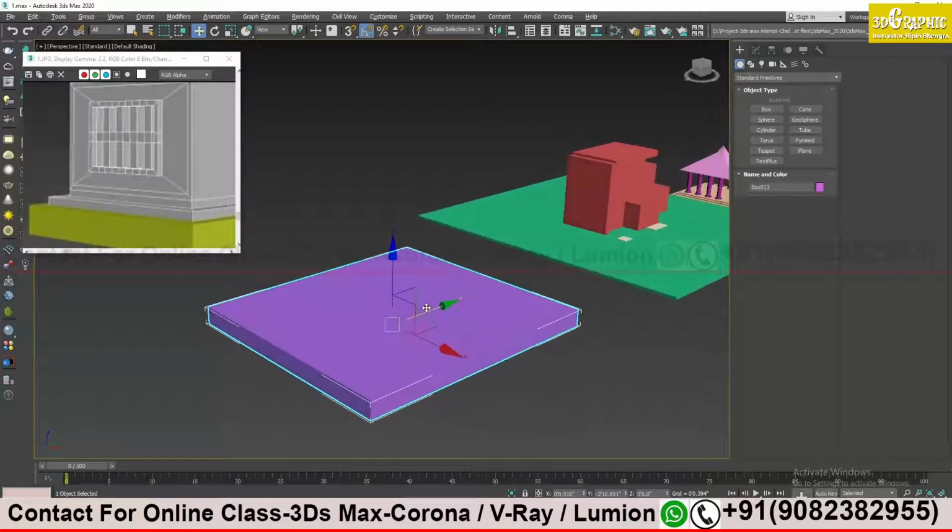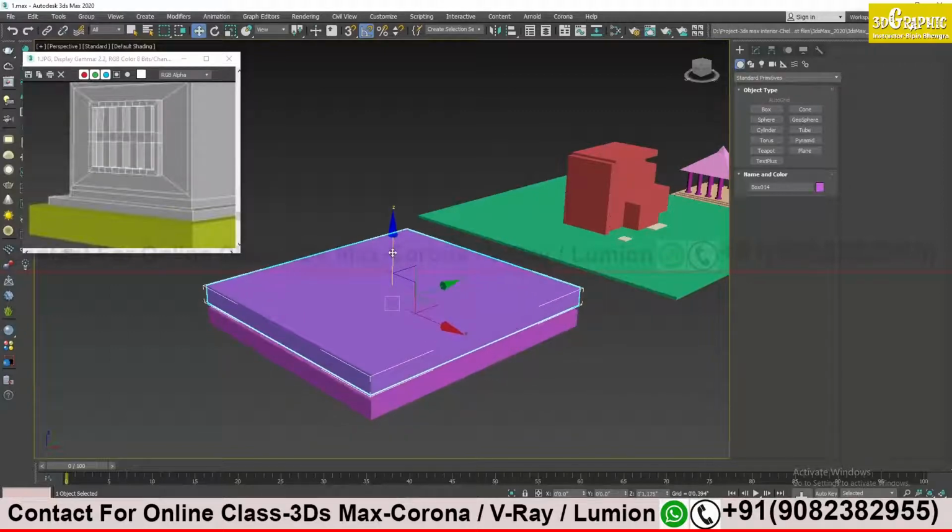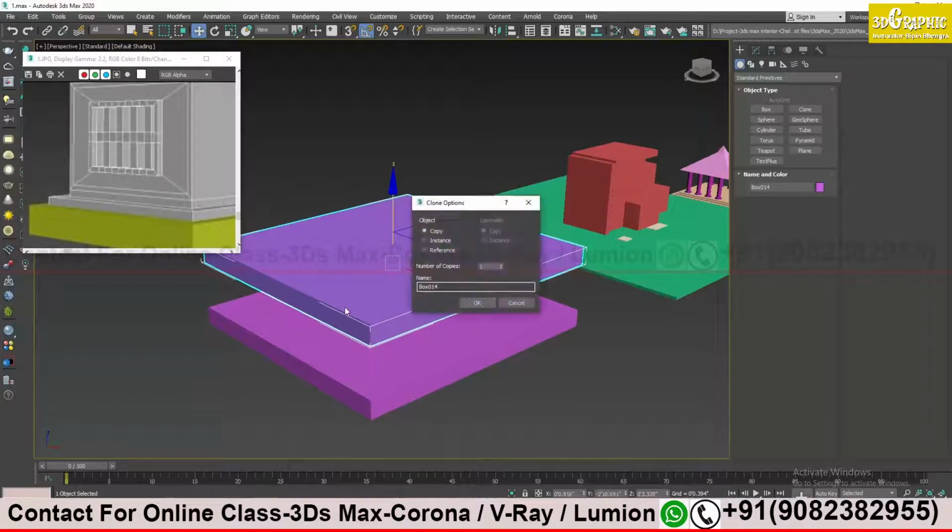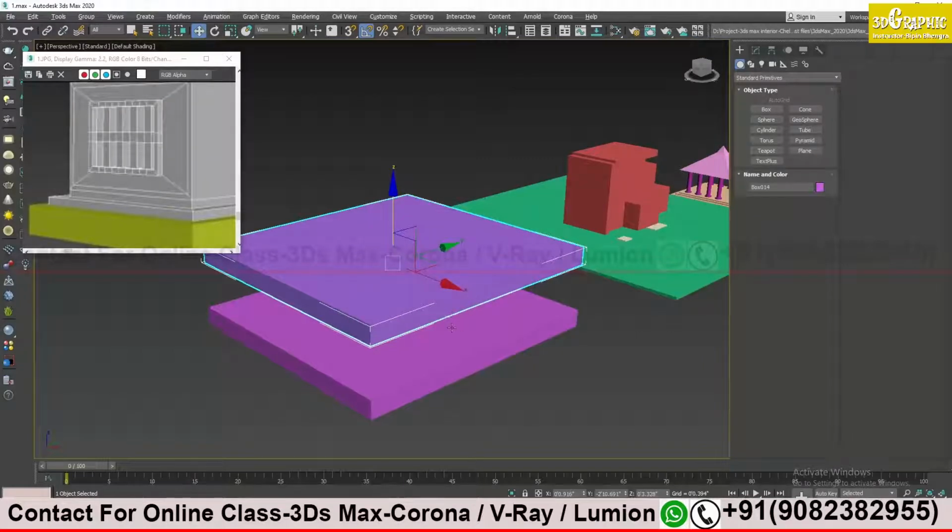Okay, so what I will do, I will just click on the Shift button on my keyboard and then click on one single direction, the Z direction. Again, I repeat, I will click on the Shift button and left click and drag in one direction, and I make a duplicate copy of this. Simple. Here I get the option to make a copy, so I will select the first one and click okay. That's fine.